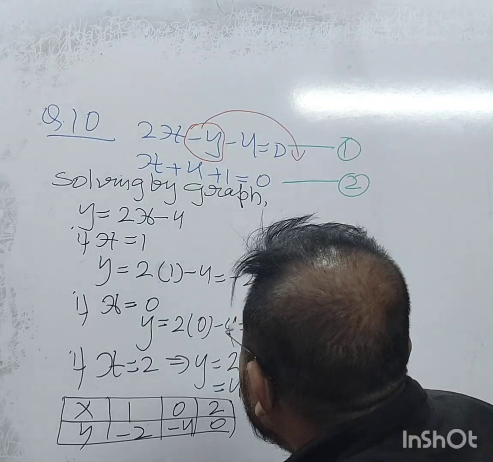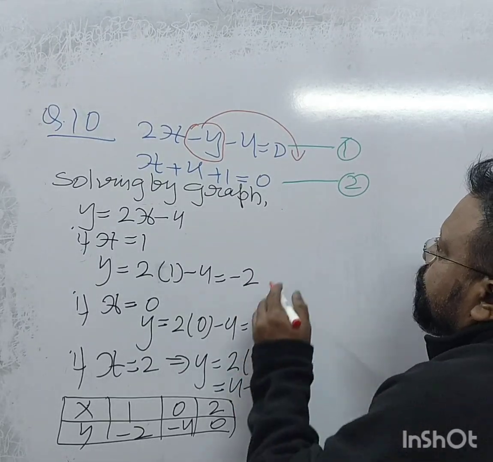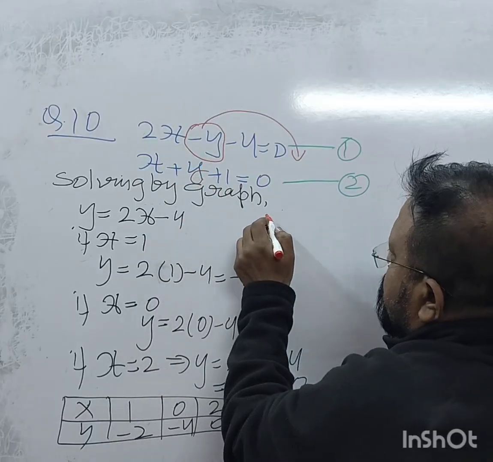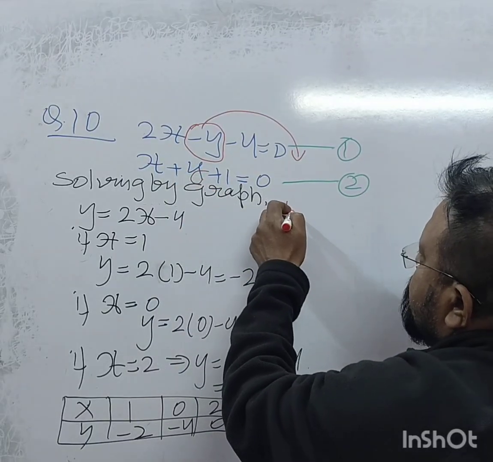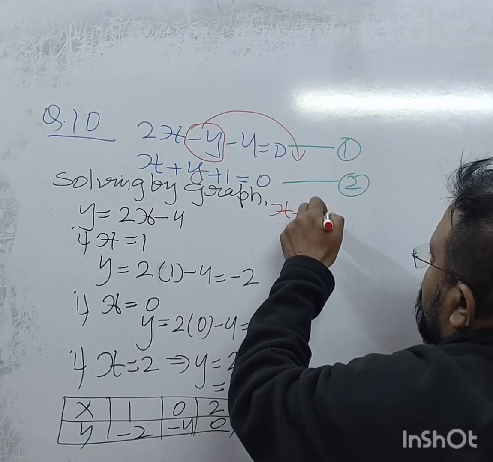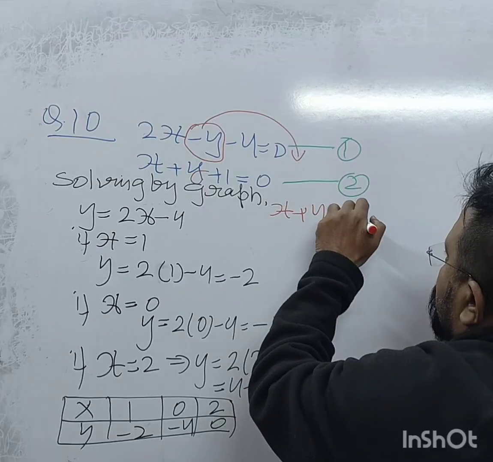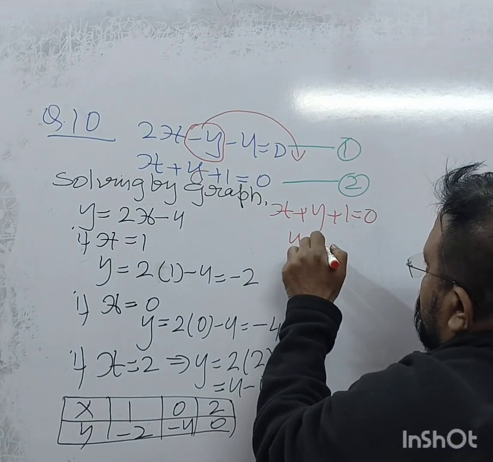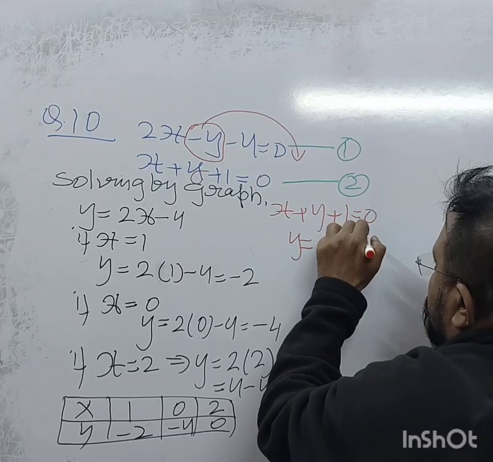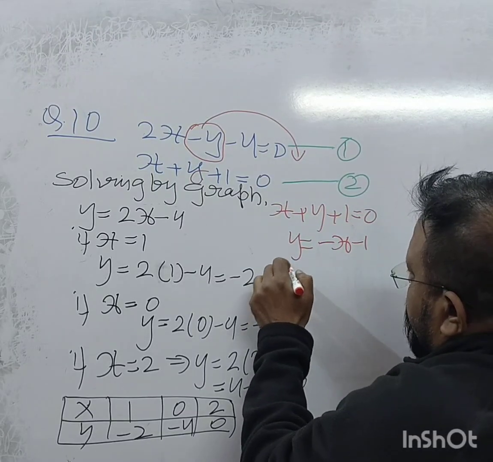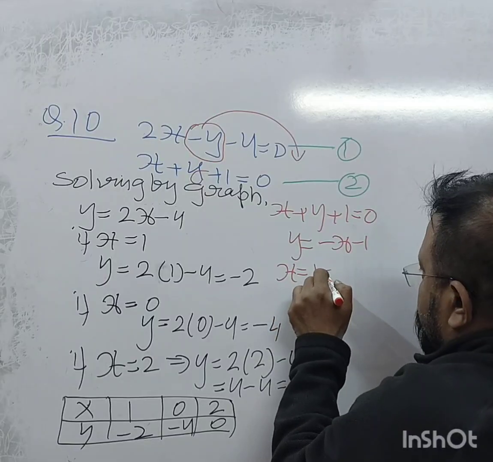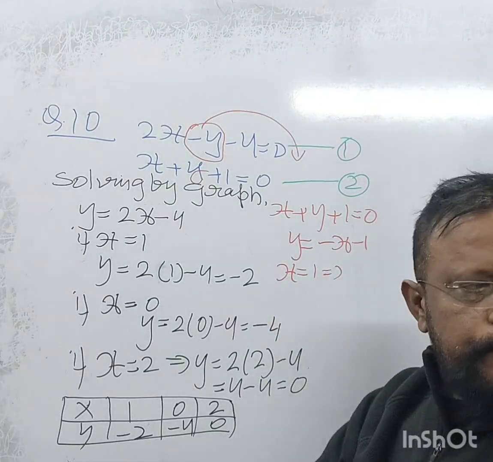Now come to the next equation. The equation is x plus y plus 1 is equal to 0. So y is equal to minus x minus 1. So if x is equal to 1, then y is equal to